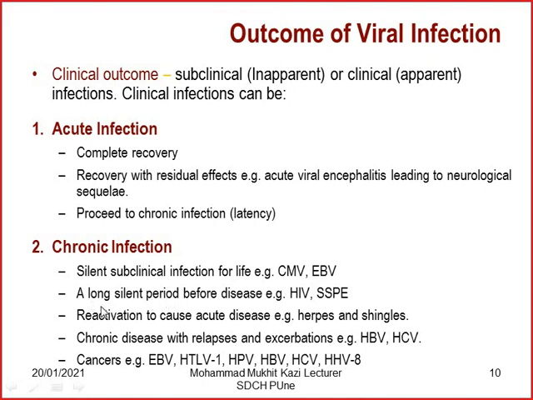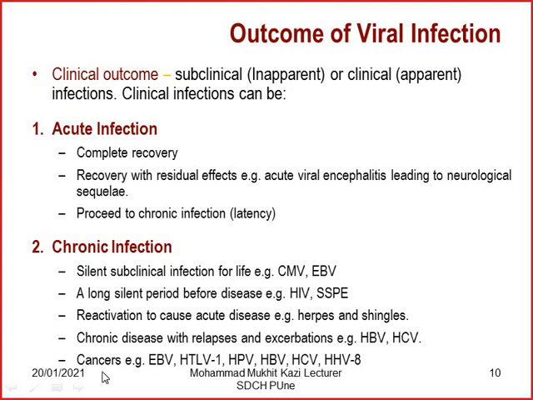The virus will tell the body that I have entered your cell. So this is again one of the examples. Reactivation to cause acute diseases: reactivation takes place after this silent period, and they cause acute diseases, and examples are herpes viruses, such as shingles, Nagin, which I was referring to. Then there are chronic diseases with relapses and exacerbations. There are certain times when certain viruses are responsible for chronic diseases with relapse. This is commonly seen in hepatitis B virus and hepatitis C virus.